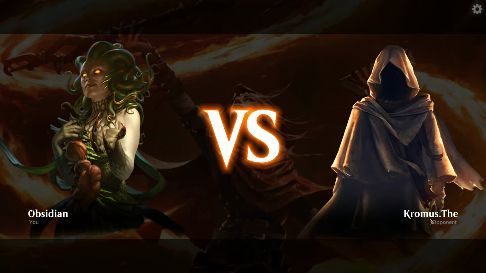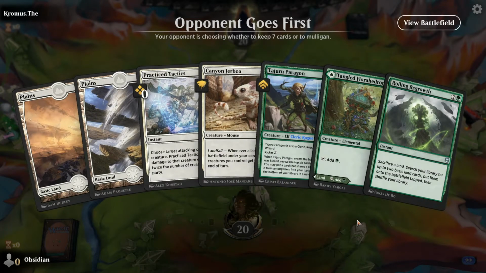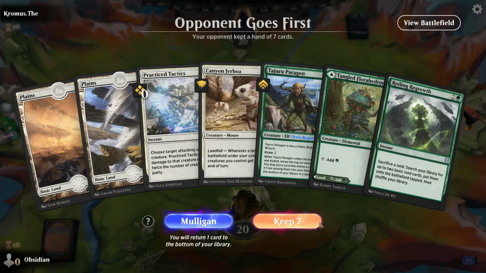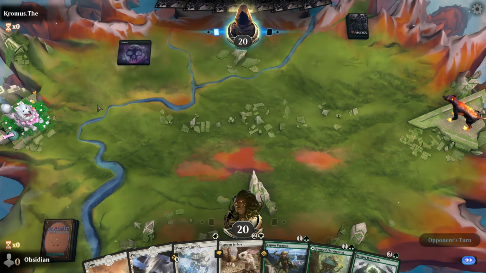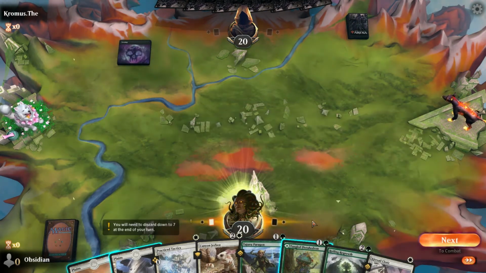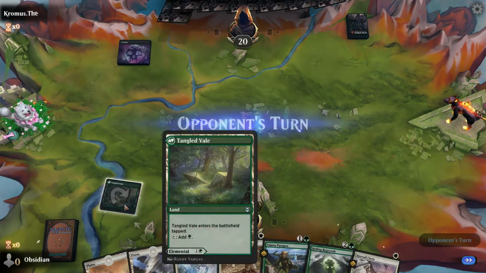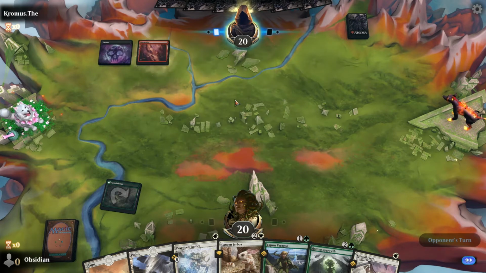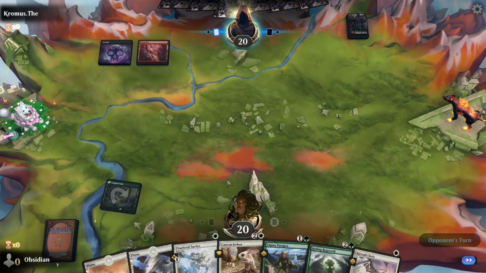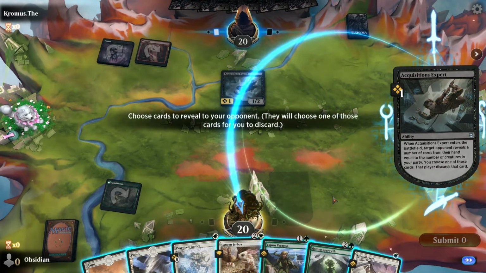Fighting against the Chromis. Alright, so we've got a green land here. This seems acceptable. Not my favorite. Yeah, I think I still just play the land. Black, red, and don't feel good about how this is looking. We're going to get rid of...